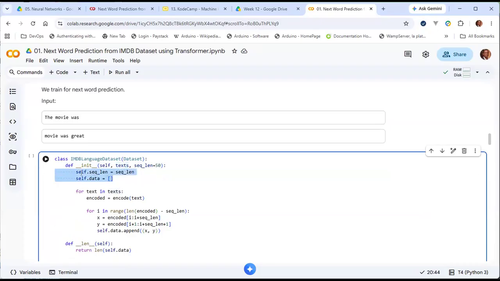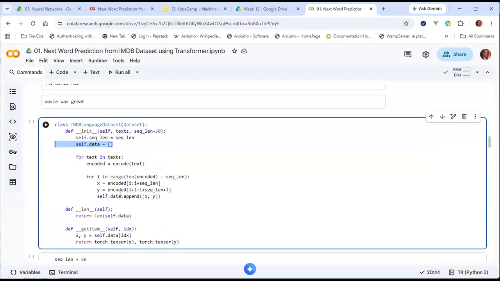So we are going to first of all establish the sequence length. Here, sequence length is a fixed number. We don't want to train on more than that. Okay. Self data is actual data, which is going to be the encoded text from the